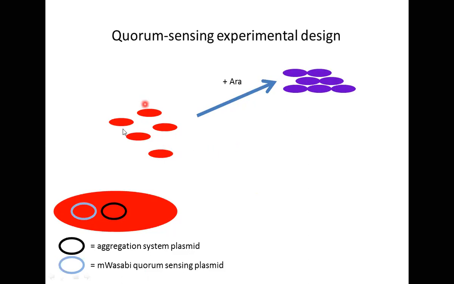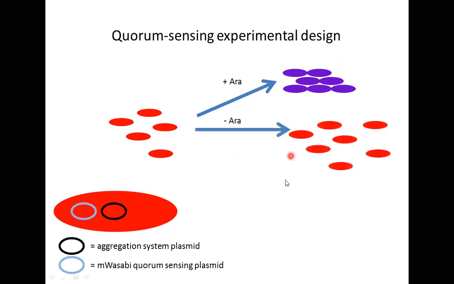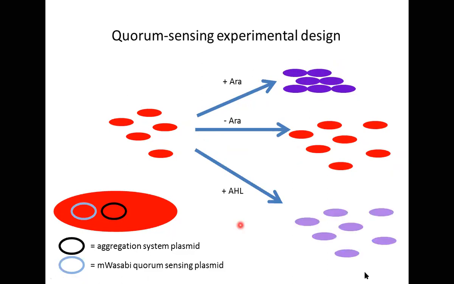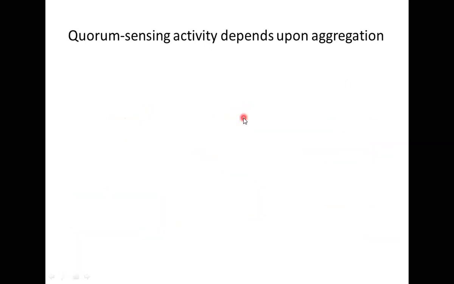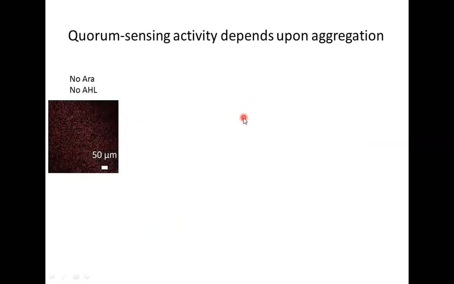Our hope is that we take our red bacteria, and then we see red plus green, and we see the signals co-localized on top of each other. If you do not add arabinose, we would just see a bunch of free-floating cells which are not quorum sensing. They are still red. They are not expressing that green fluorescent protein. And if you add the outside inducer, that acylhomoserine lactone that we met earlier, what you would be expecting is to see, again, this phenotypic shift. So if we have no arabinose and no AHL,